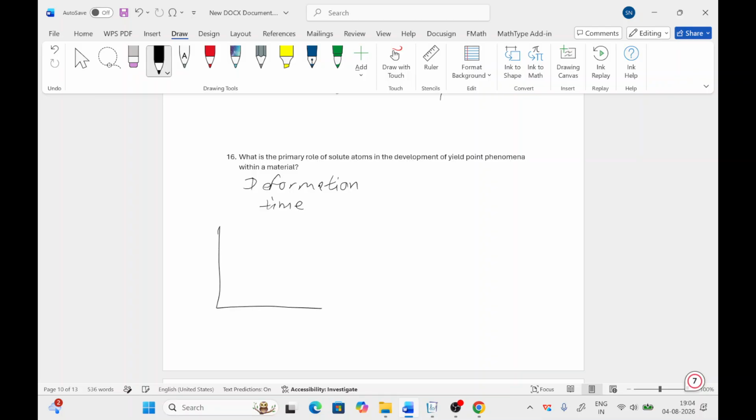Like if we apply stress, this is A, B, C, and if we unload the material, our sample, at this position, and if we keep the material for some hours,